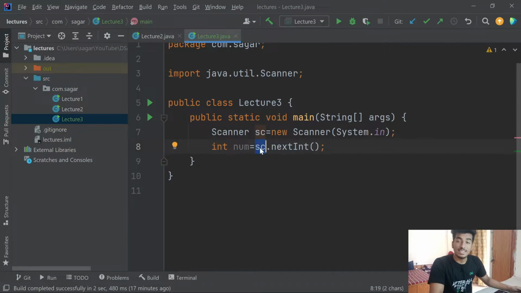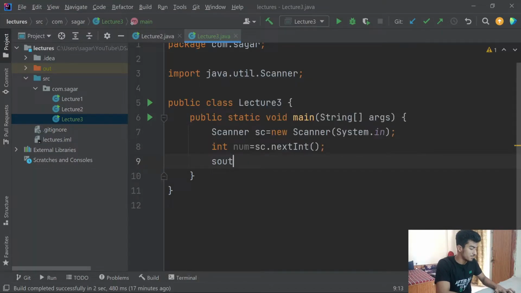Here you can see sc is the name of our Scanner class object, and then there is a method called nextInt that is used to take integer inputs. And after that I will just print out this input. I will say num plus 2, and after I run this code,